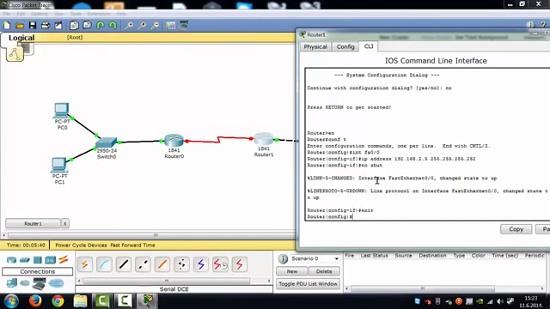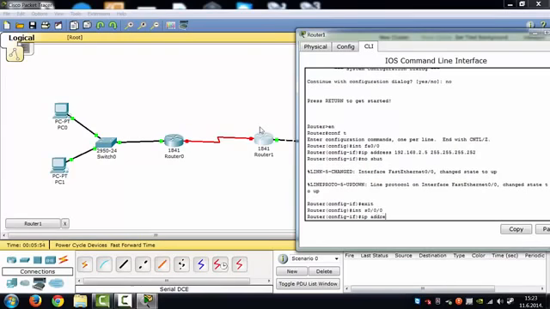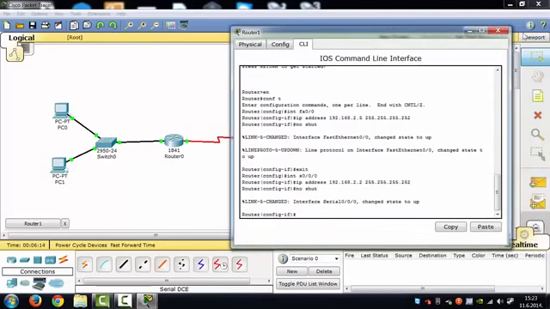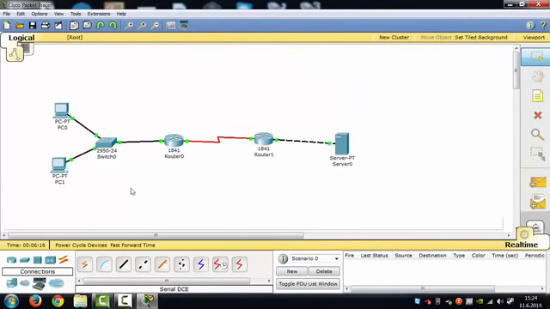Now in config mode we have to configure this port, it's serial port, int s0/0/0, enter IP address 192.168.2.2, 255.255.255.252 and put no shut. It changed the state to up. Now it seems that we are finished, but now we have to set IP address for our end devices,